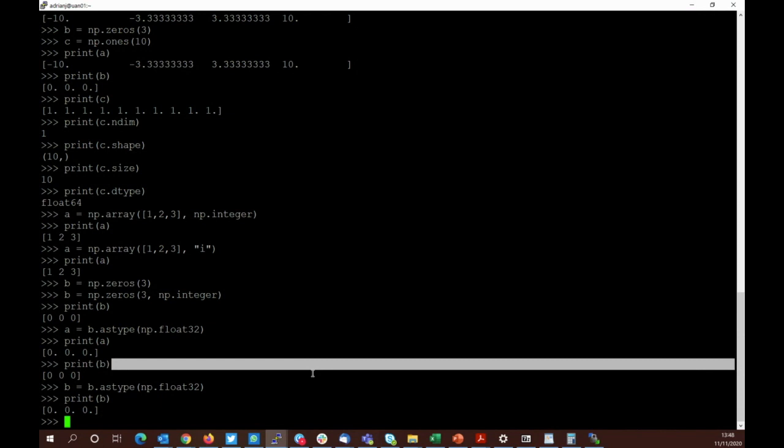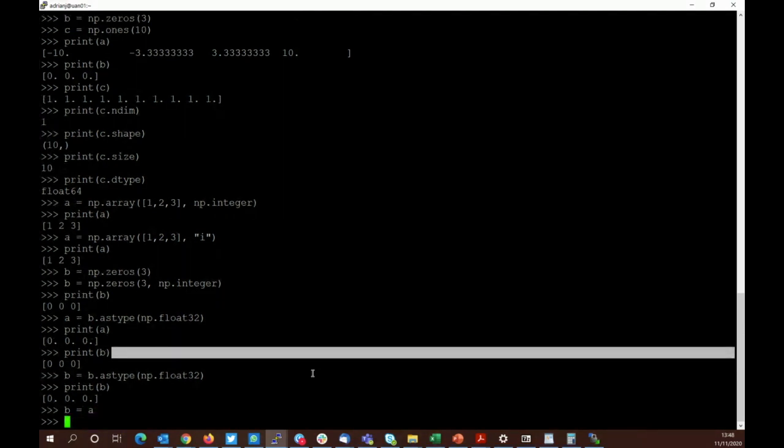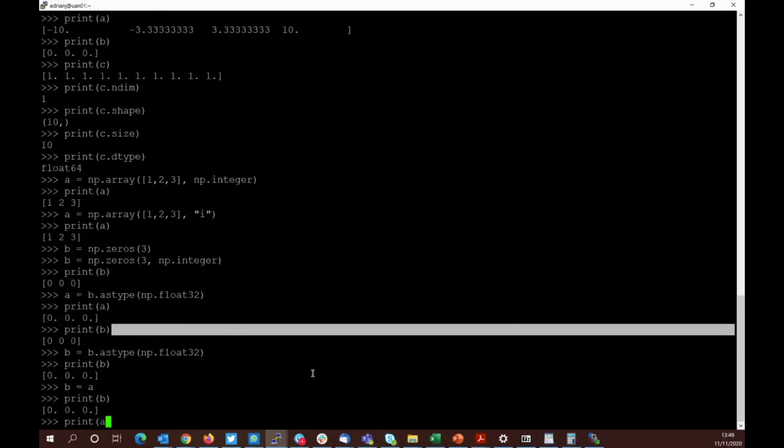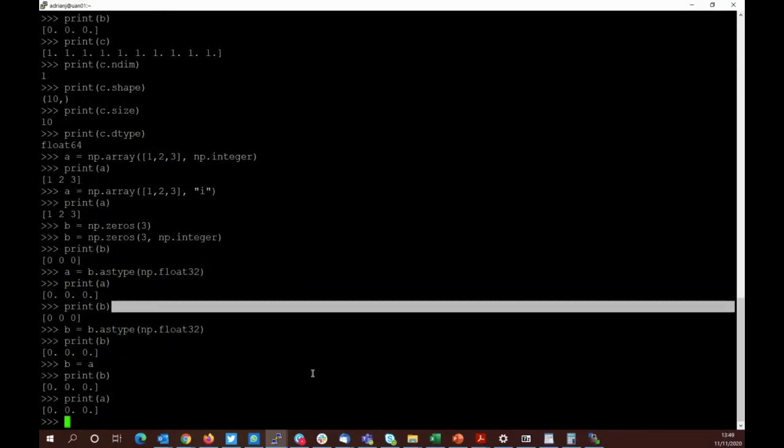The good question here is whether B equals A is the same as B equals np.array A. Can I use B equals A instead of B equals np.array A? Well, if I do B equals A like that and then print them out, then change one element of A,